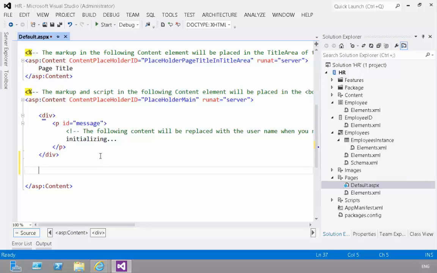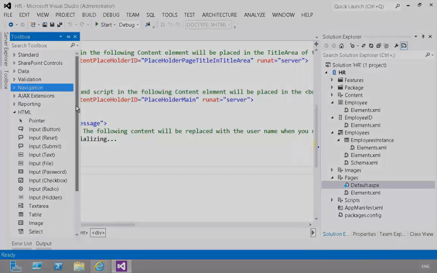But just under it, before the closing tag of the ASP content, we're going to type in the code we showed earlier, and that is setting up a web part zone and a list view web part. In the toolbox, you're not going to